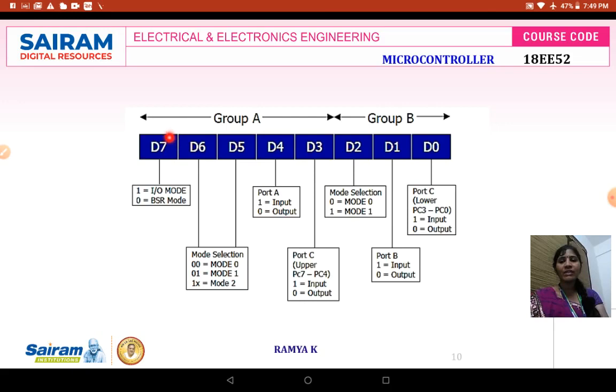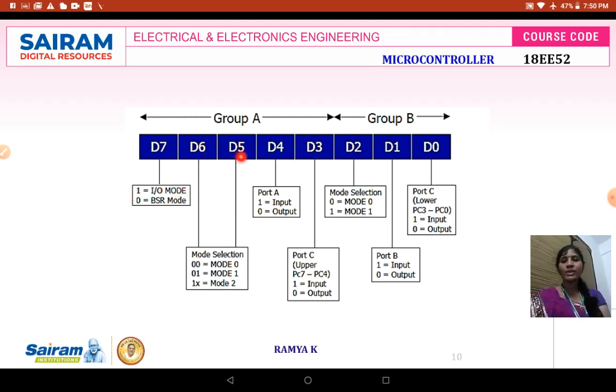The bit D7 will define whether we are going to operate with BSR mode or IO mode of operation. If you are going to operate with the BSR mode, this particular bit needs to be filled with a logic 0. In case I am going to operate the 8255 in IO mode, then this bit needs to be set to a logic 1.